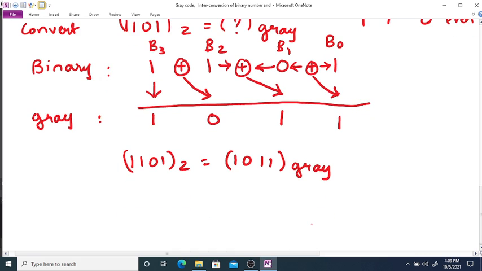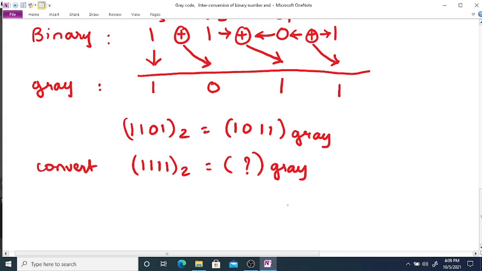We will see one more example. Suppose we have to convert 1 1 1 1 into gray code. We will write the binary number as it is, 1 1 1 1. Again we will label them as B0, B1, B2 and B3.